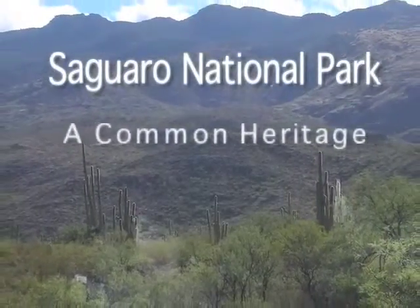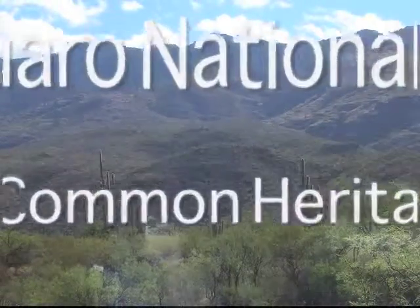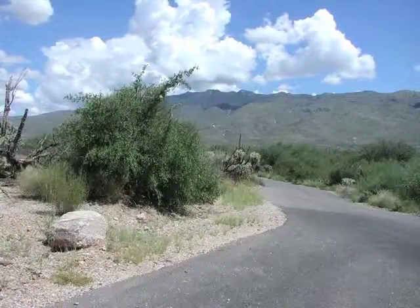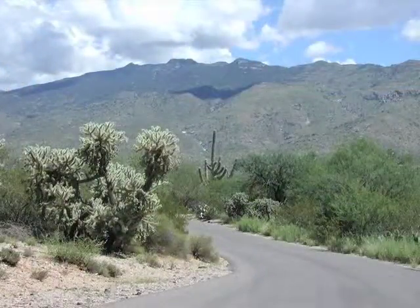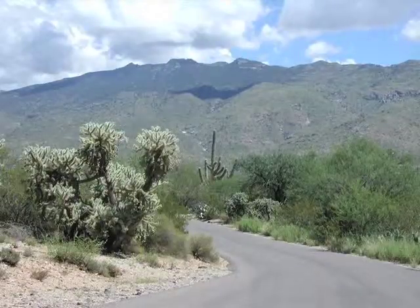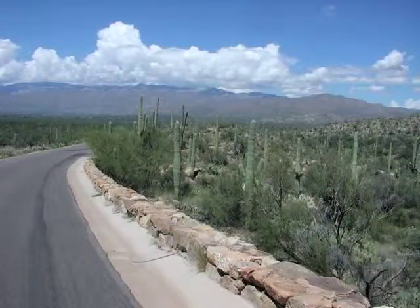Saguaro National Park is rich in natural beauty, physical shapes obvious and attractive to the eye. Mesquite trees and hackberry bushes line the drive through spiny, cactus-studded bajadas in the east district of the park. The Rincon Mountains, tipped in a dark green cap of evergreen trees, rise in the distance from the desert floor. This is what you might see if your family drives the loop road through the east district of the park